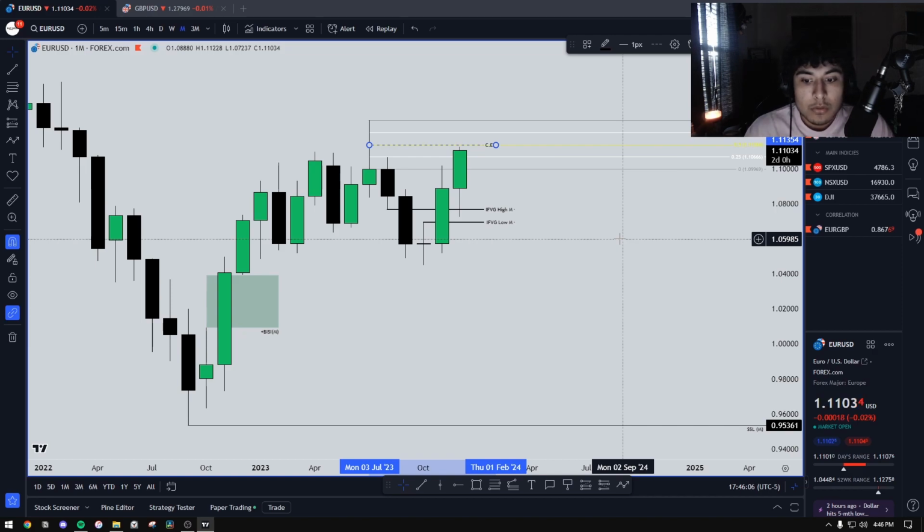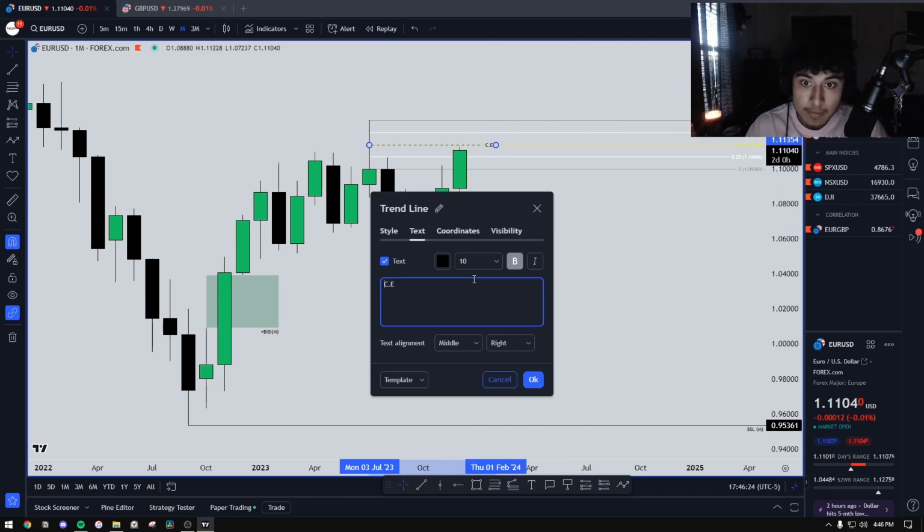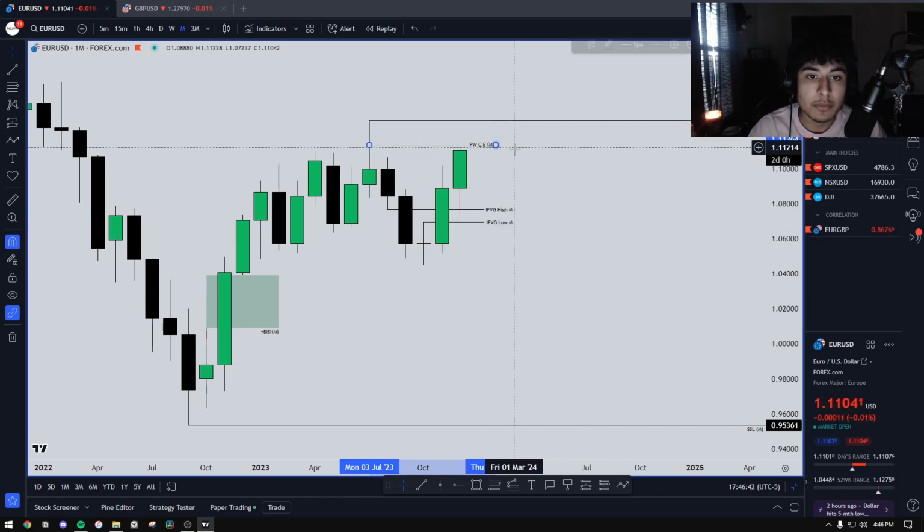One can show you that it's leading in the correlation while the other one is lagging, and usually when that happens, the one that's leading is going to continue to go, and the other one that's lagging is usually going to catch up, but it's not going to have that big of an expansion move in that direction like the leading one. And this right here would be a premium wick. All right, so we have that there.